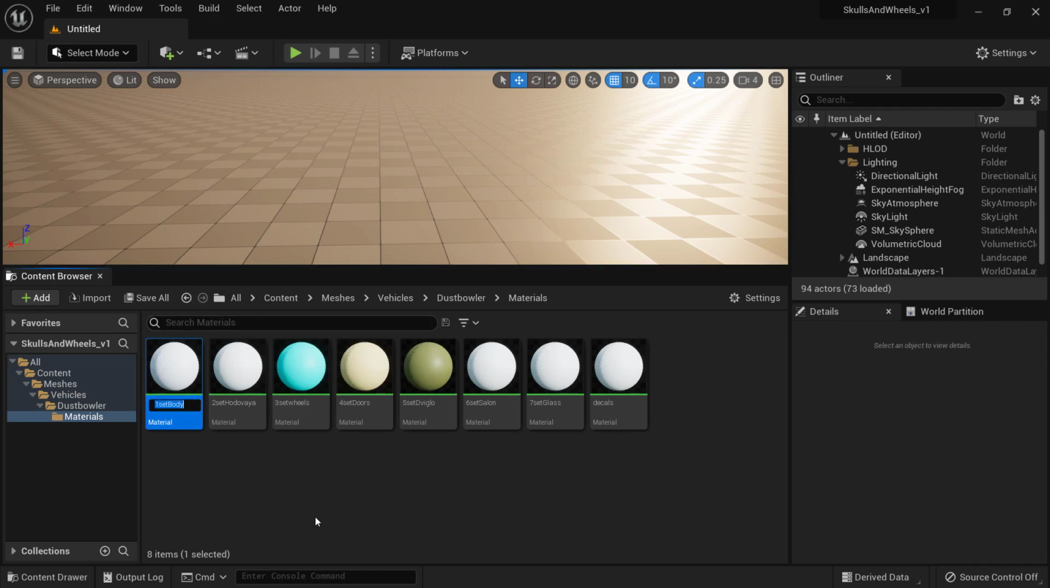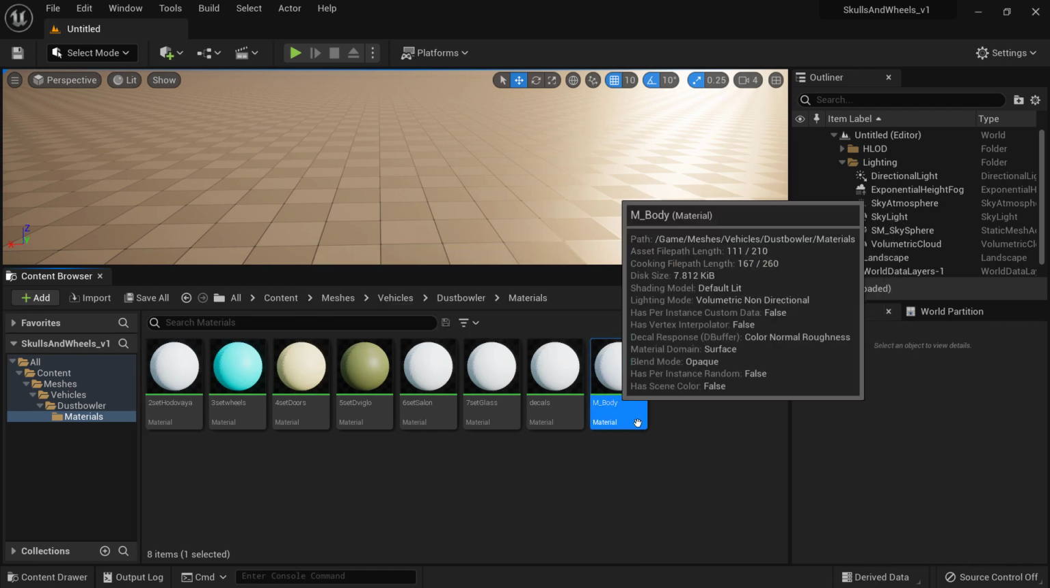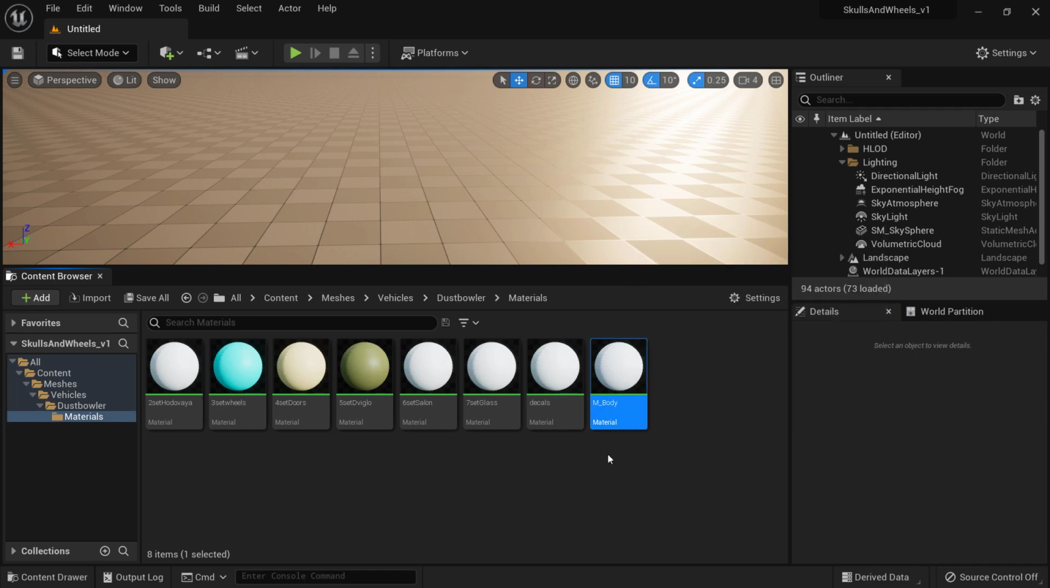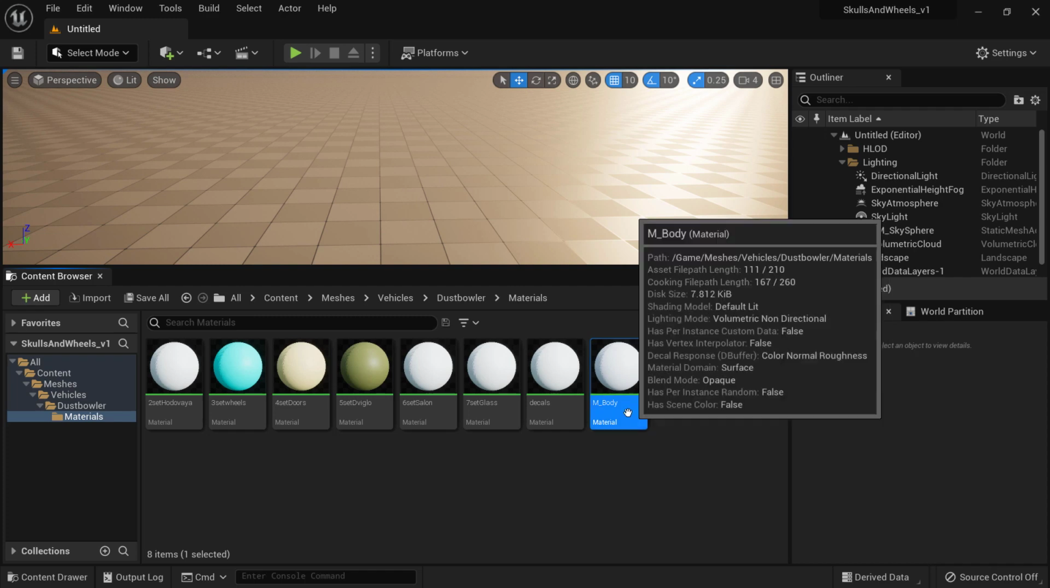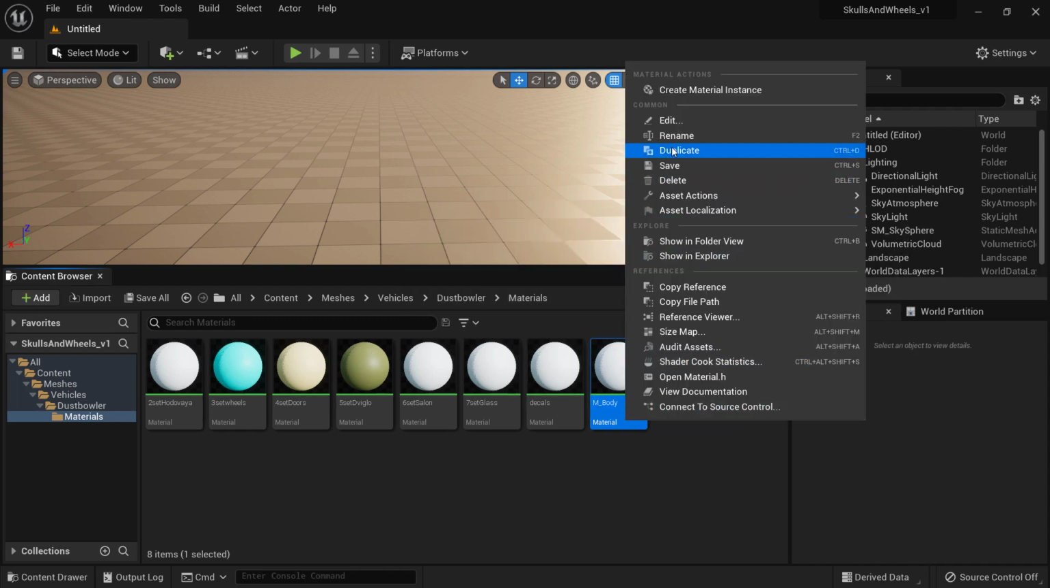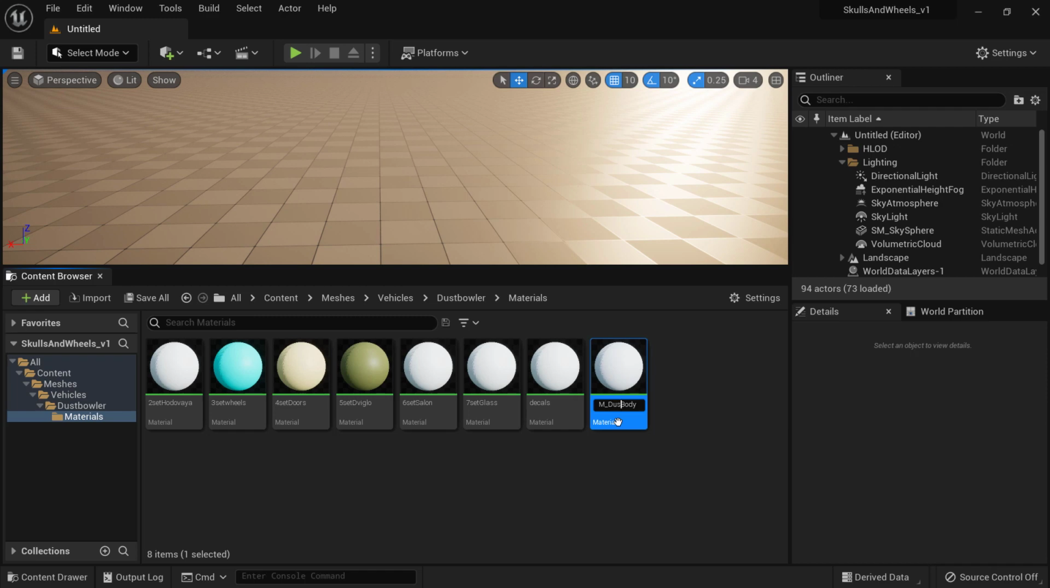Okay, first set body. I'm going to rename this as M underscore body. This represents that this is a material and it's a body material. Also, I can input this dust bowler name as well. Okay, I'm going to add this dust bowler, right? And now I'm going to copy this section. Now I'm going to rename these wheels. I'm going to paste the prefix and then